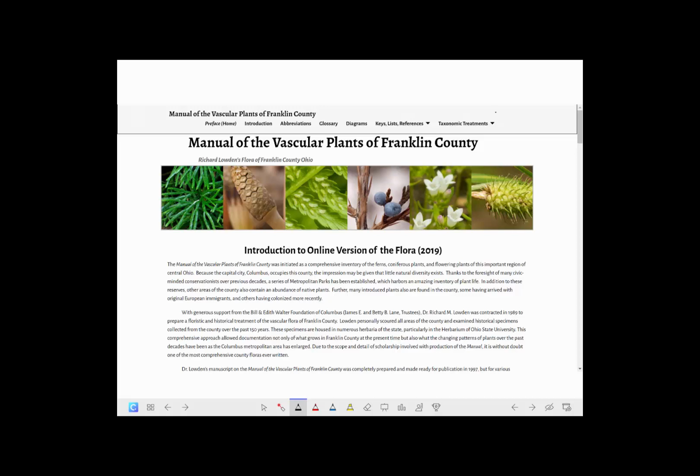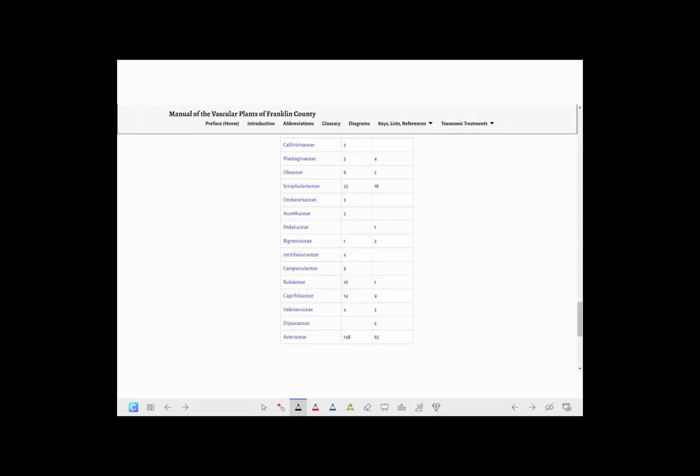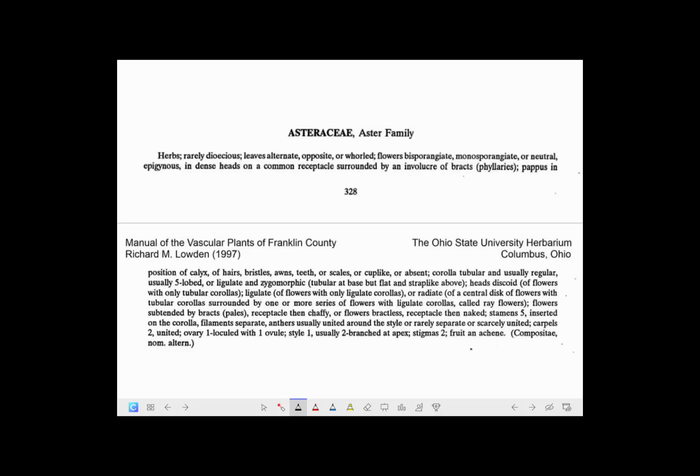And to find the taxonomic treatments, we go to taxonomic treatments, and you'll see a drop down that directs you to the dicotyledons. And then way down at the bottom, because it's such an advanced plant family, you'll see the Asteraceae. Open that on the page there, and if it doesn't open very well, just download it and read it like any other PDF. So this is what the key looks like,